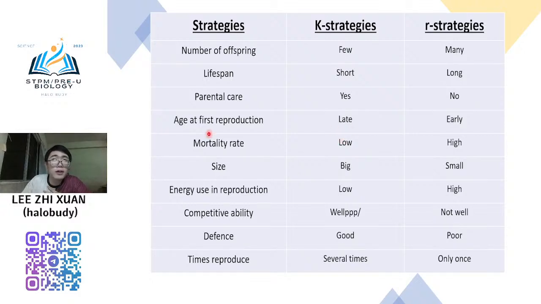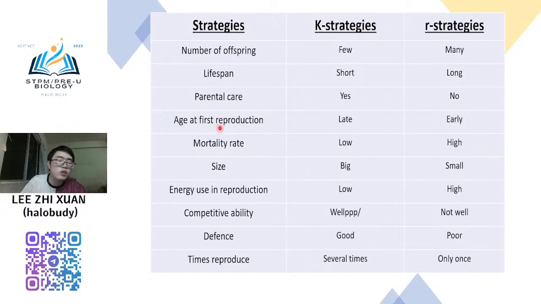Our first reproduction normally for now is like 20 years old, 24, 25 years old. Even now it can be until 30 years old. But for this R strategy it's very early, like maybe 10 years old or 8 years old, they can already have